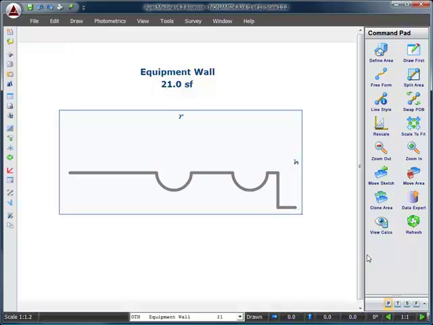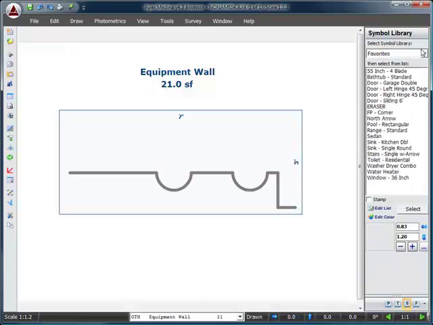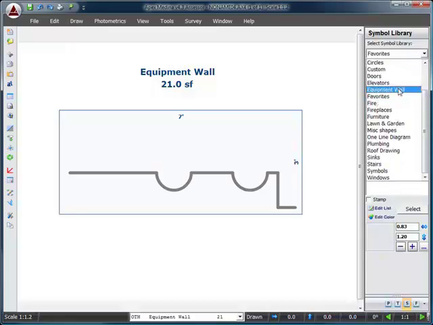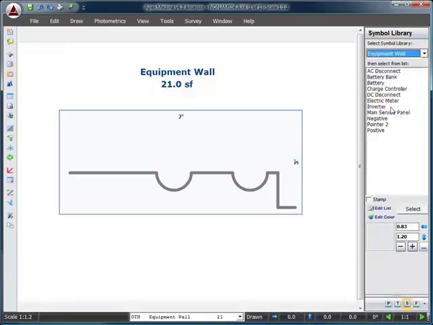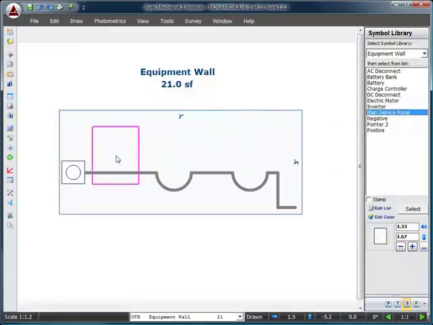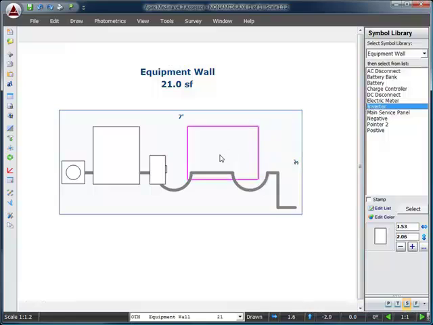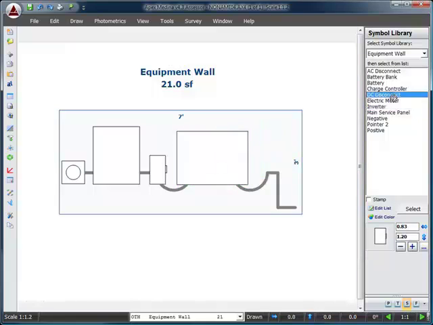I'm going to get out of Freeform, go to my symbol library, go down to the equipment wall category, drag the electric meter in place, the main service panel, AC disconnect, the inverter, I'm going to rotate that, the DC disconnect,